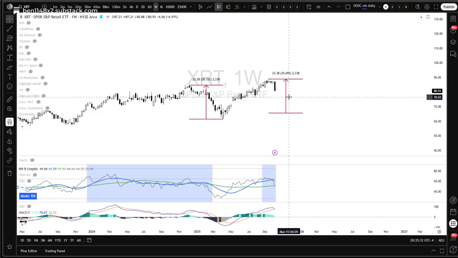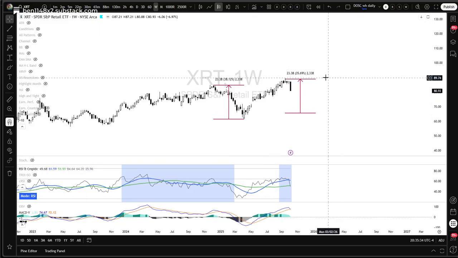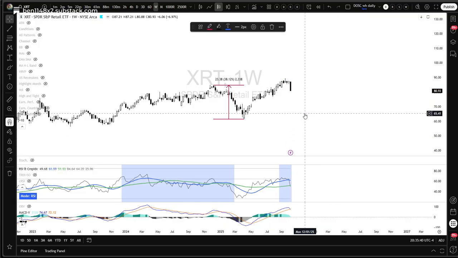So what the retail sector does this week will be very important. It needs to see a strong recovery to remain bullish, otherwise we could slip into bearish territory. When we look at